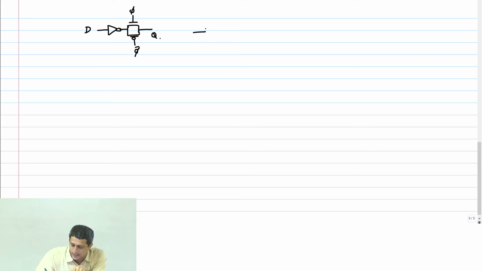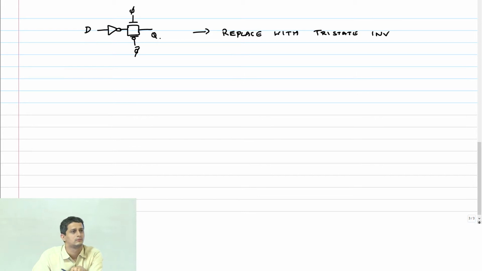I can replace this with a tri-state inverter. Therefore, I can simply replace this structure with this kind of a thing.